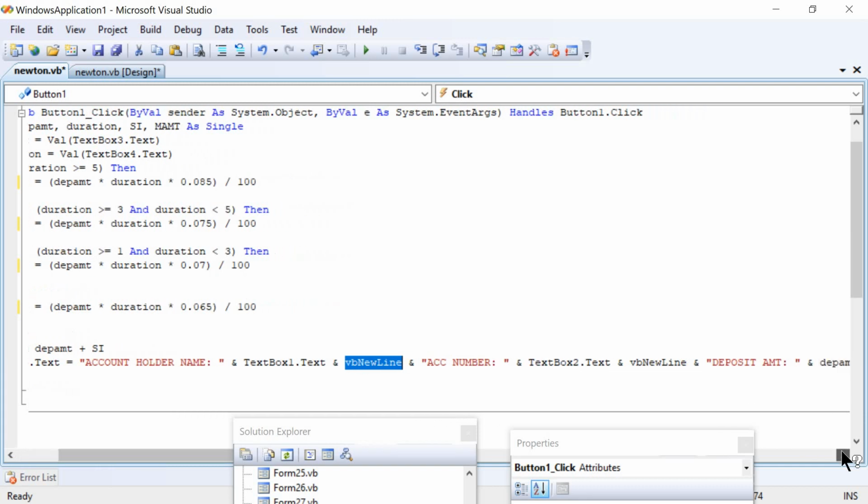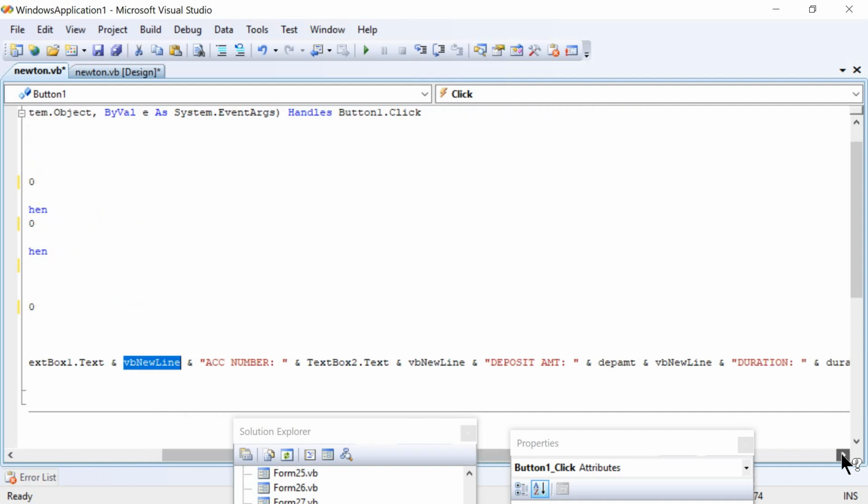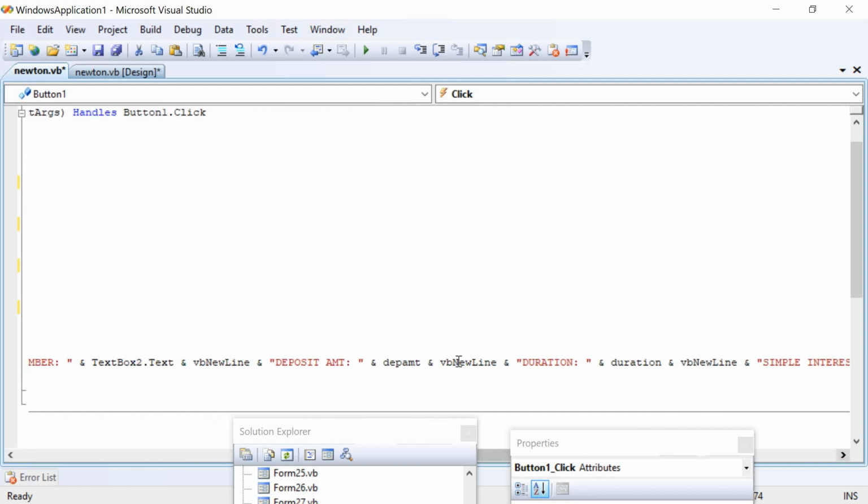Then again we have ampersand, deposit amount in double quotes, ampersand the variable dep amount that will be available, right? That is, whatever amount we have given as input, ampersand VB new line, ampersand duration. Ampersand, duration will be containing the value. Ampersand, again we have a VB new line to go for the next line.